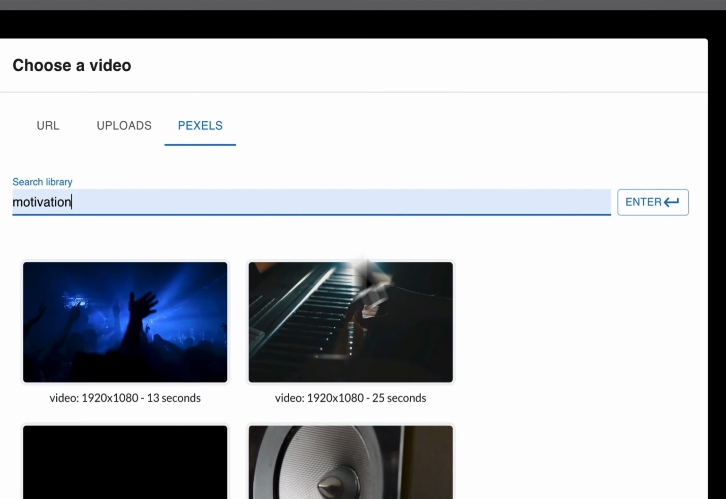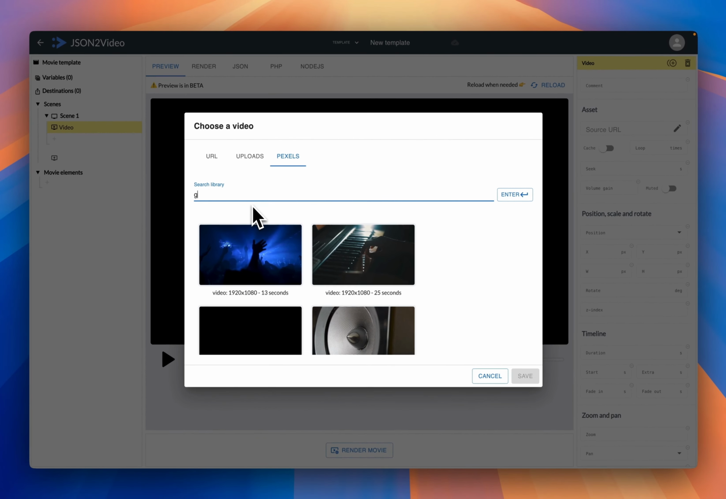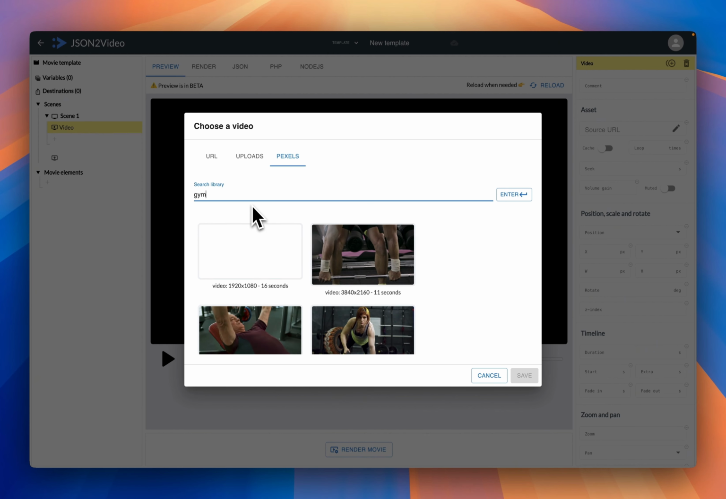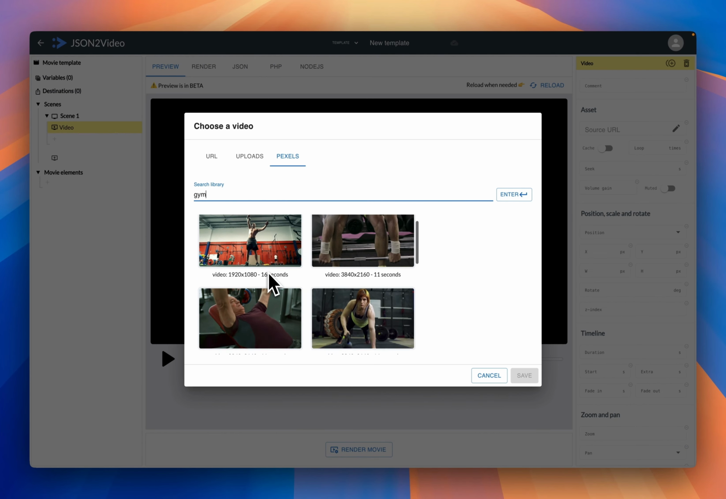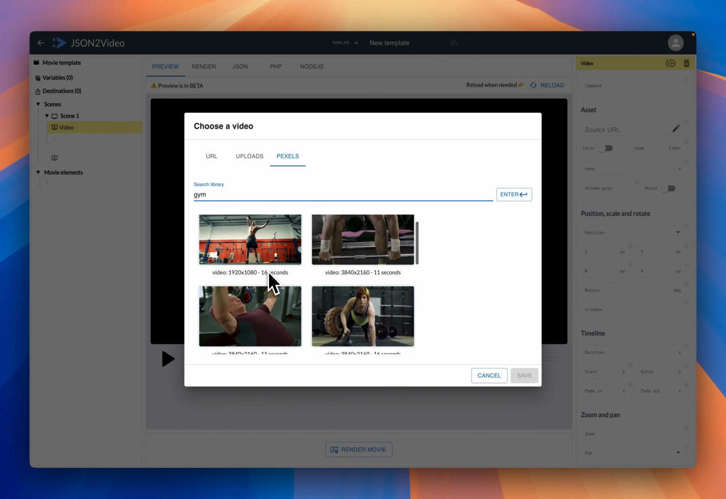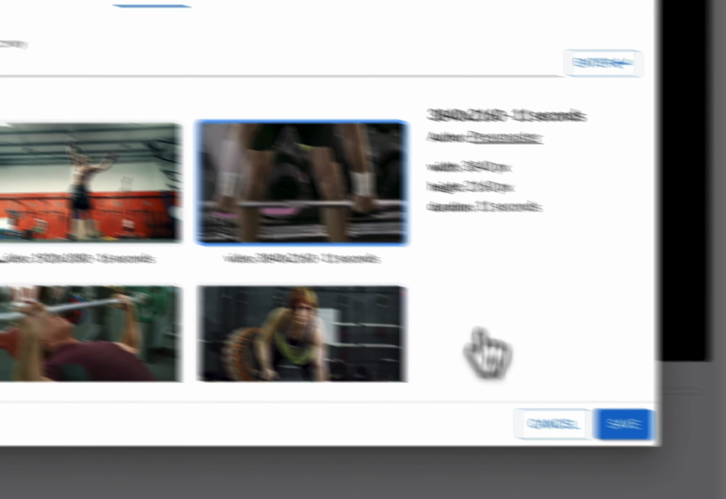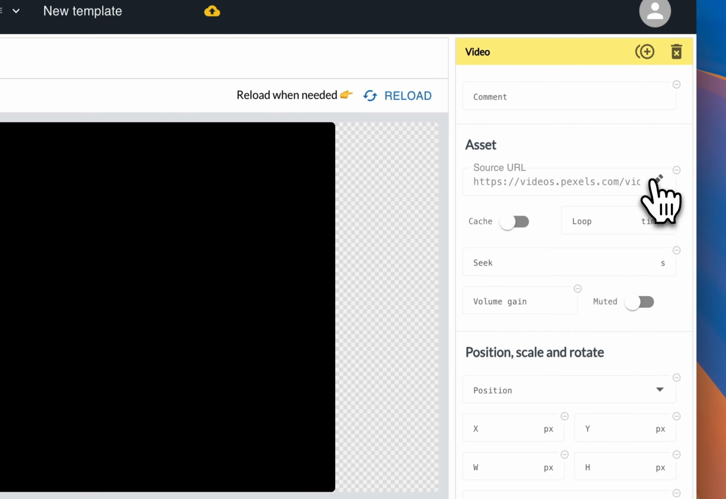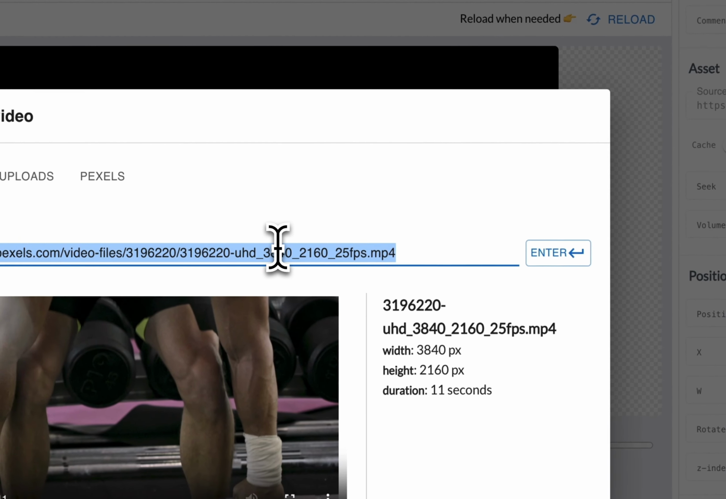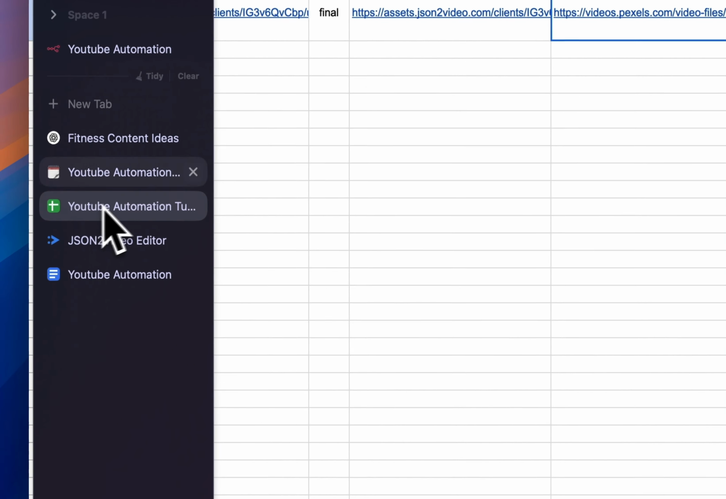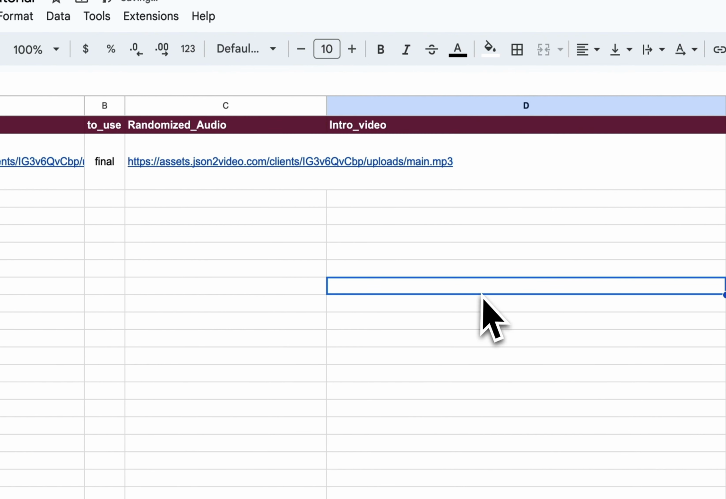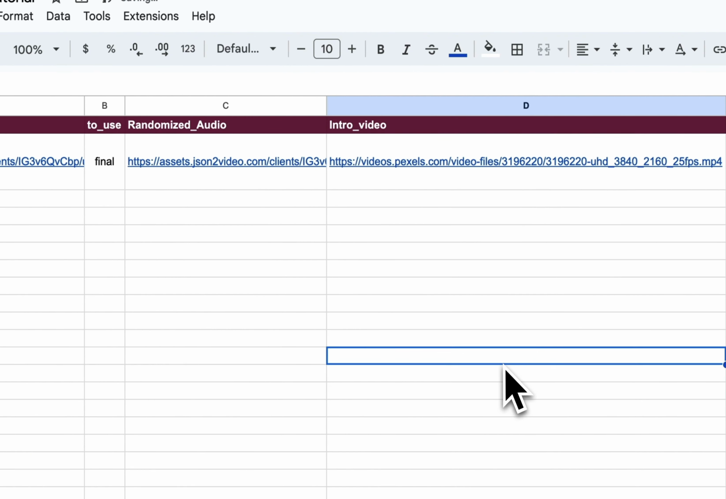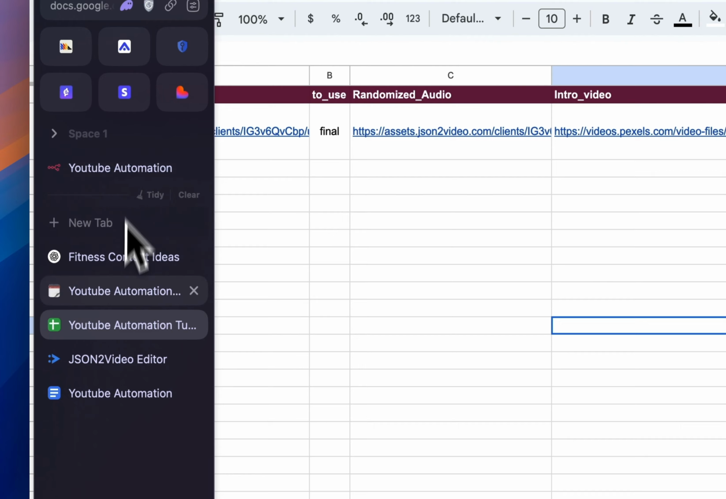I can put on motivation, or we're working on gym, so let's go with a gym image if they have one. Okay, so these gym images, so let's go with this. So click on it, scale to fit, and automatically it gives us a URL which we are going to copy. I will go back to our sheets and intro video, change this. These are intro video. I put this one instead. Then we'll go back to